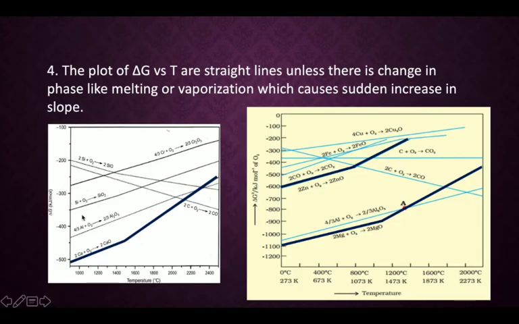So here we can see one more salient feature of the Ellingham diagram. In some cases, like for calcium or carbon, zinc forming zinc oxide, or magnesium forming magnesium oxide, we can see that the slope is not continuous. There is some change in the slope. So why is there a change in the slope?